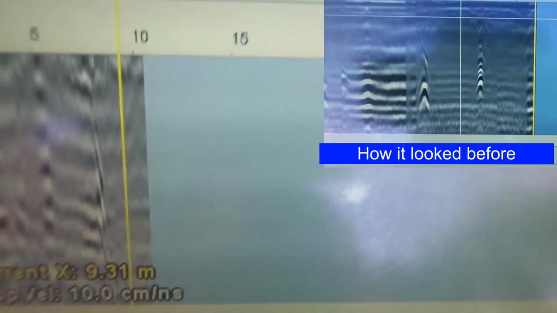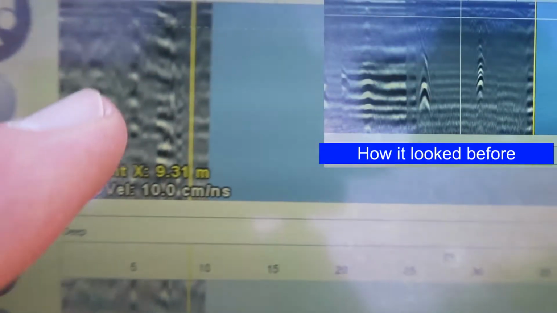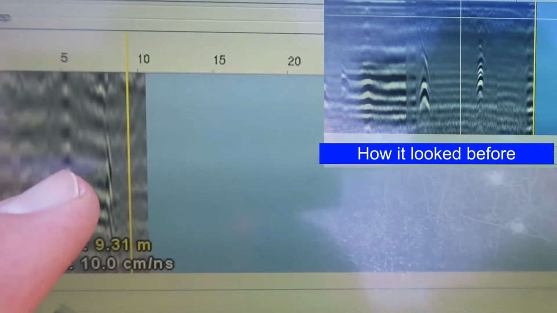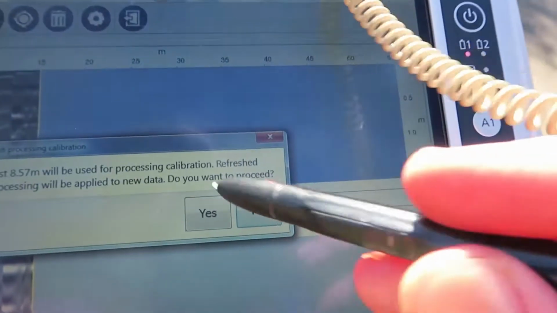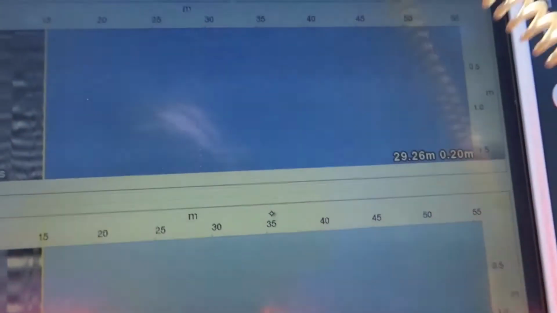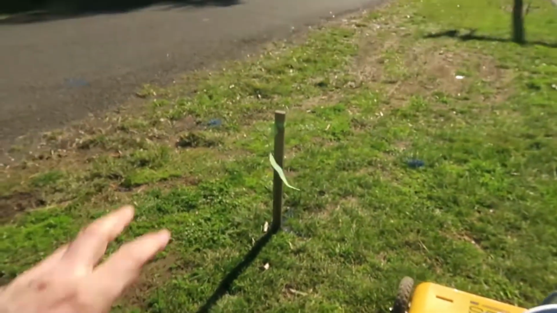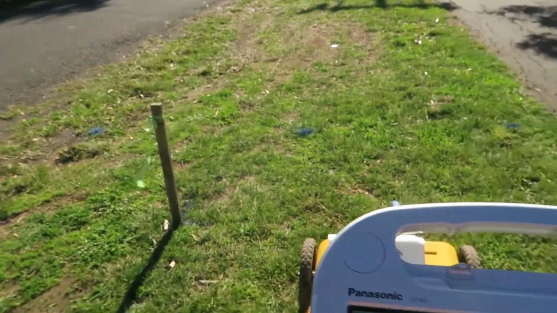So, right where that yellow line is, there should be something shown on the screen and nothing at all. You see a couple of little things at other areas, but still, they're nothing. When we come back up, let's recalibrate it. We're just going to refresh it. You can see, it's just going to use the data it collected in that little area to see, when we do the scan now, if it looks any better.